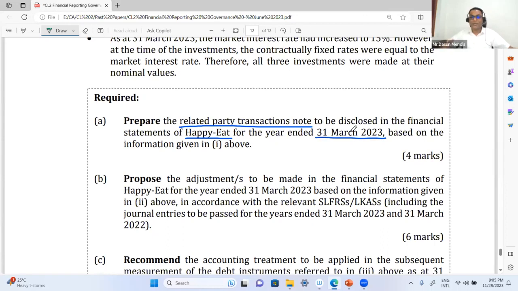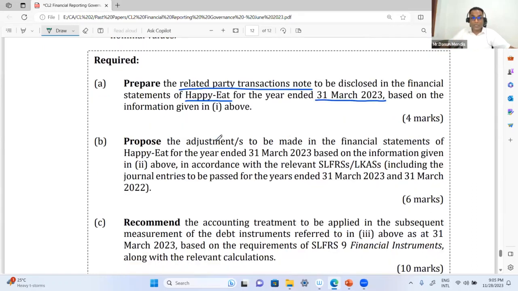But in this paper, so many easy questions were there, like the questions we discussed on ratios and ethics. Those won't take that much time for you to answer. So the time you save there, you might be able to utilize for questions of this nature. Okay, so that is the answer to part A of question number 7.